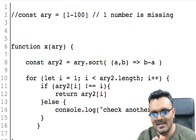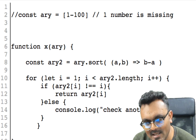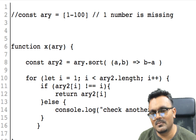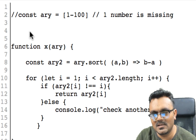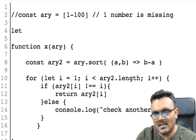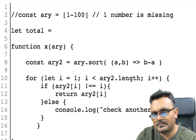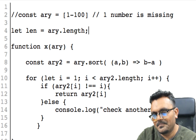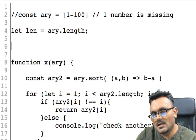Usually in an interview, I usually don't give an answer, but the best answer here would be you can use a math function. So I'm just gonna write it up here. So for example, let's say array. So I would do something like this. So let's say total equal to array dot, well I just do length equal to array dot length, and then the total would be